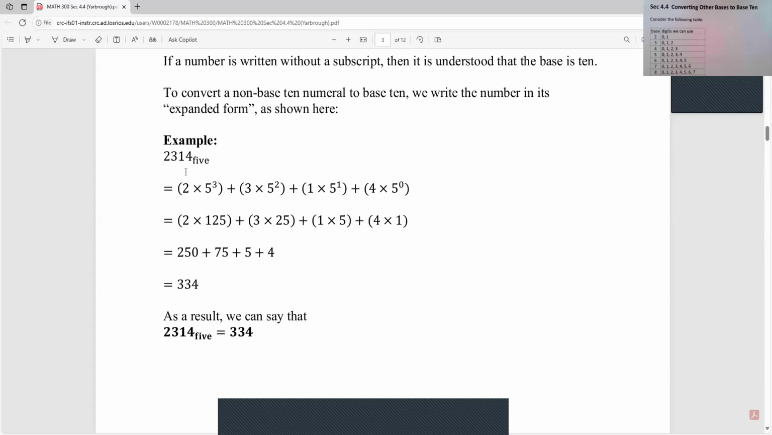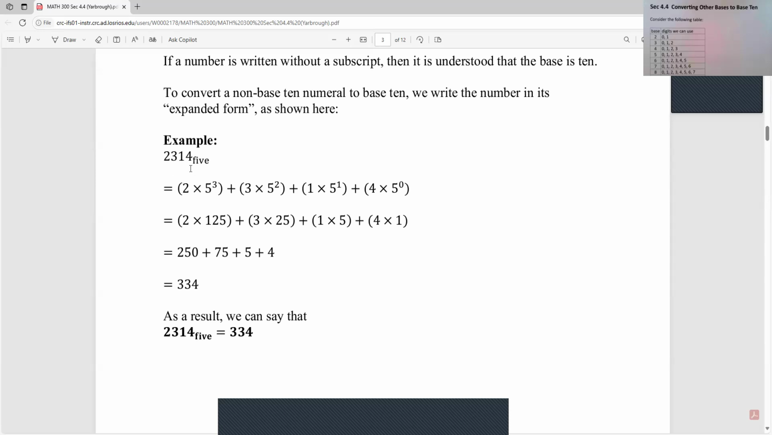If we were talking about base 5, these would all represent place values that are powers of 5. In other words, this 4 on the far right would still be in the ones place, because 5 to the power of 0 equals 1. The next digit over would be the fives place because 5 to the first power is 5. The next digit over would be the 25s place because 5 to the second power is 25. And then the next digit over would be the 125s place,